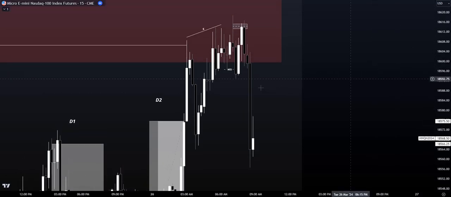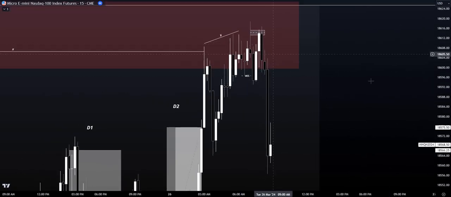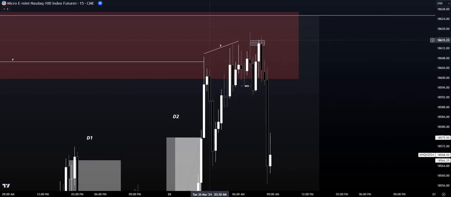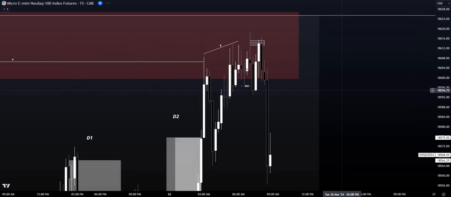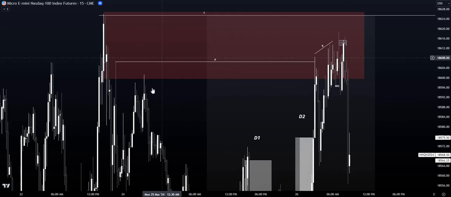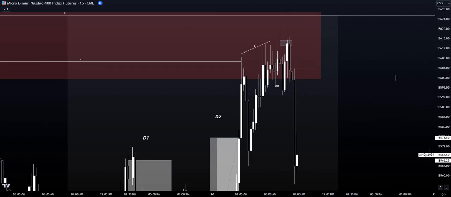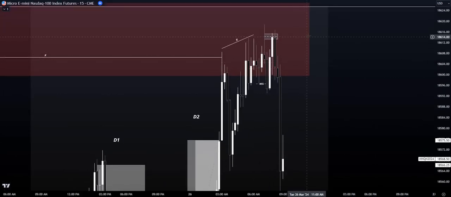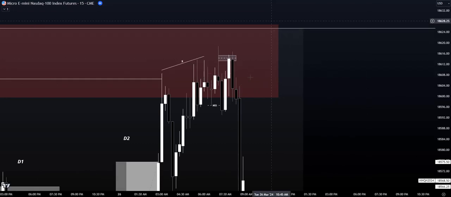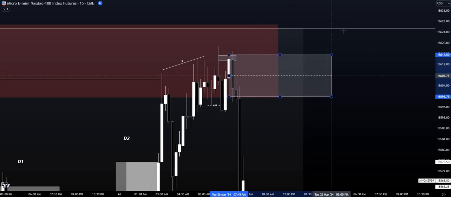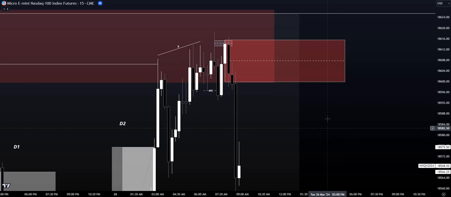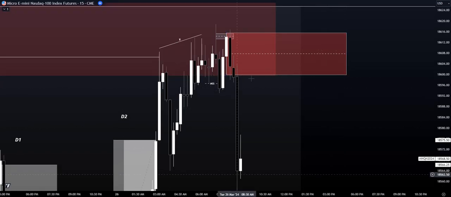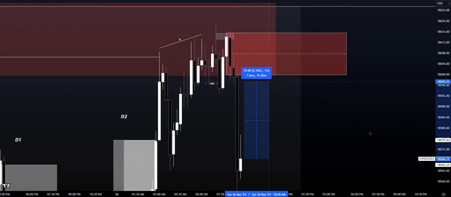All right. So because of that, we can anticipate some type of comeback up into something. Now, what could that something possibly be? We could most likely, because we tapped into this order block, there is a different PD array that we could possibly use. So because we tapped into an order block that tapped an order block would be known as a propulsion block. So our propulsion block would be this up close candle here. So this would be our propulsion block here. All right. So that would be our propulsion block. So we could see a draw on liquidity of coming back up into here for a mitigation.